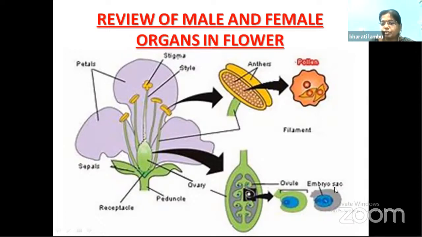It is called the female gametophyte because it carries the female gamete. What is the female gamete? The female gamete is nothing but the egg. So inside the embryo sac, the egg is present. Apart from the egg, the polar nuclei, which fuse to form the secondary nucleus, are also present for fertilization. The male gametes will fertilize the secondary nucleus and the egg separately. We'll learn that in double fertilization. So this is just an overview of what we have learned in the previous class and today's class.